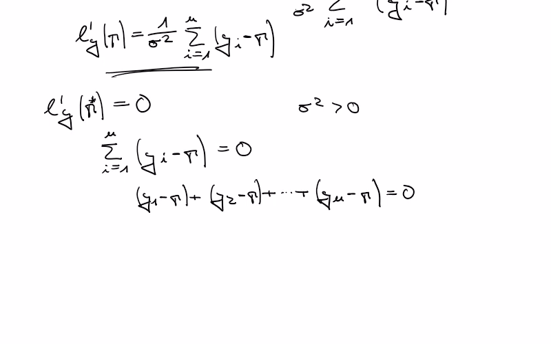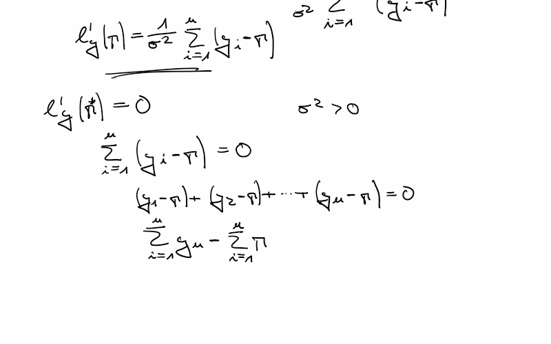Now, obviously, there's a sum of the yi, so y1 plus y2 plus yn. So we have a sum from i to n over yi. And there's a sum also over these minus mu's. So we have minus the sum over mu from i equals 1 to n. So we have to subtract mu n times here. And that's 0. And actually we might carry on this little star